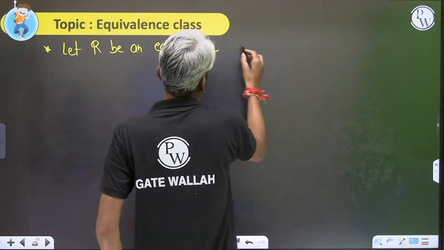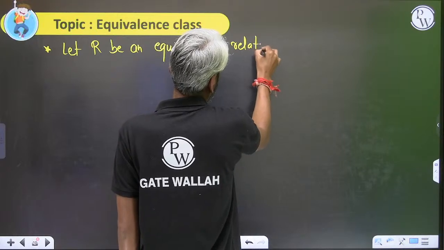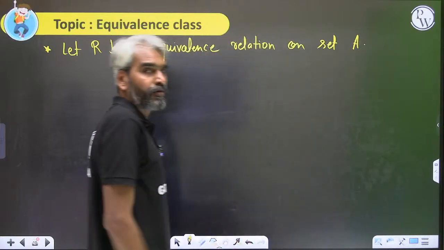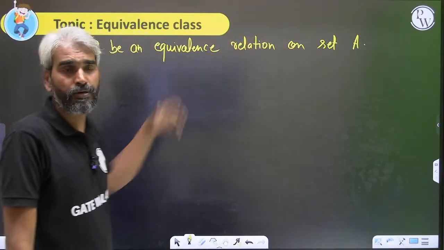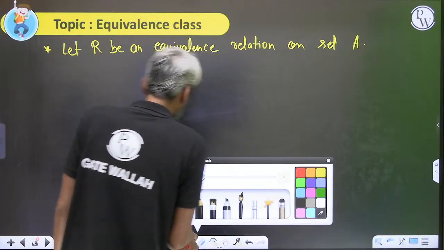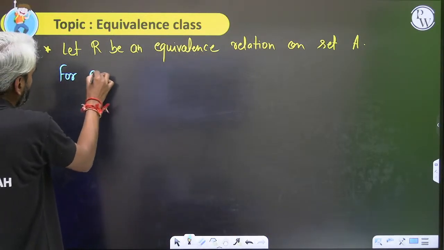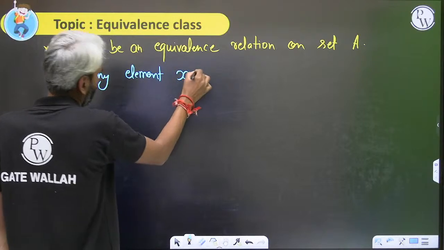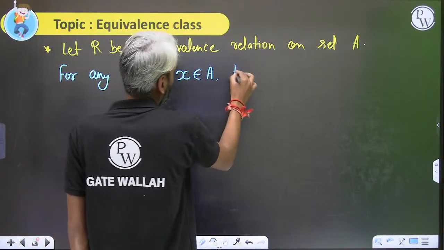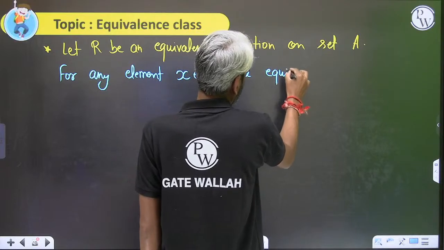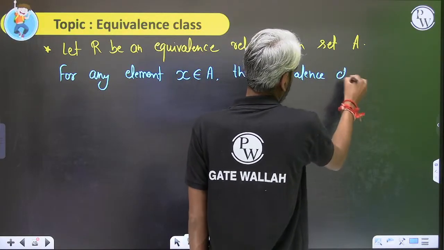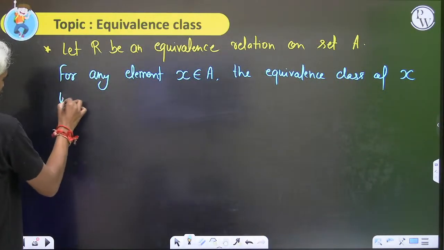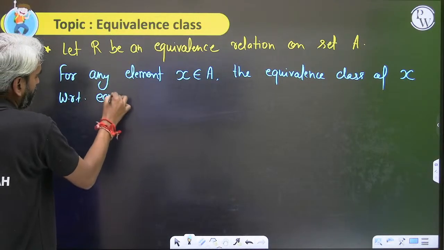Let capital R be an equivalence relation on set A. So, we define the equivalence class for the elements of set A with respect to relation R. For any element X belonging to set A, the equivalence class of X with respect to equivalence relation R